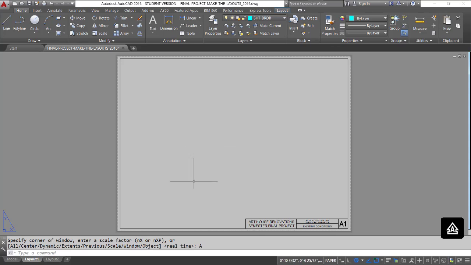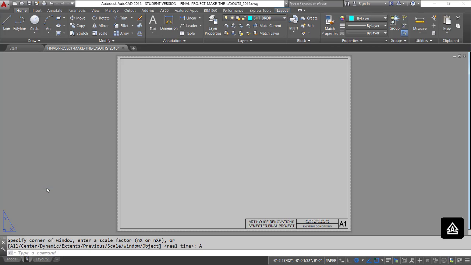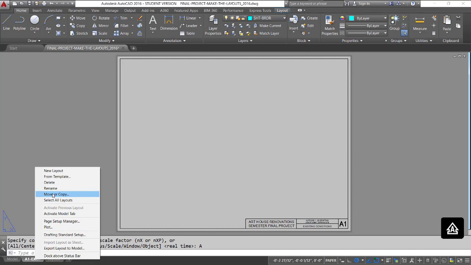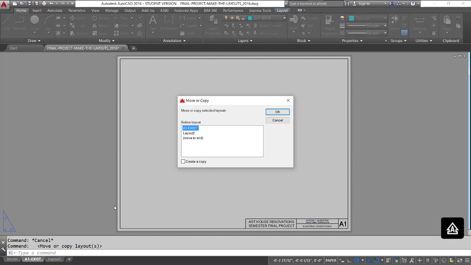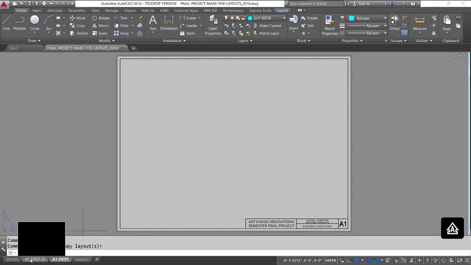Okay, let's do a zoom all, Z enter A, and let's rename our layout tab, and I'm going to call this A1 exist conditions, or A1 exists, I guess is good enough. That way it's a very clear indication of what tab that is. And I'm going to say move or copy. So I'm going to select the create a copy,